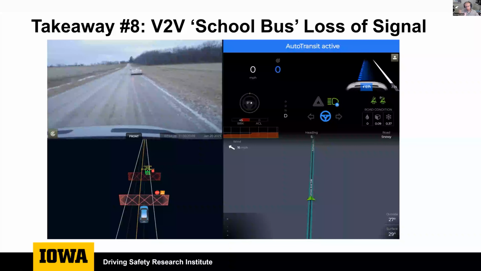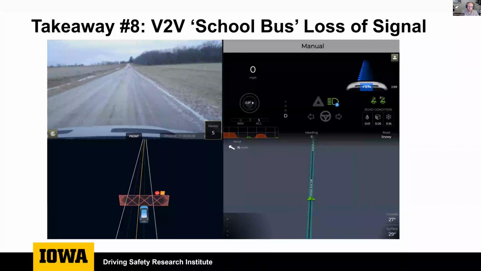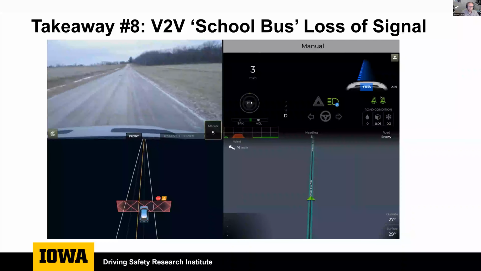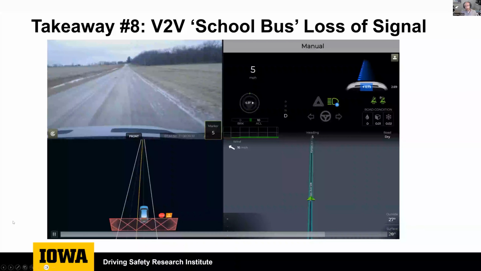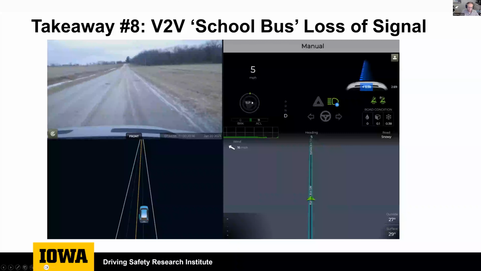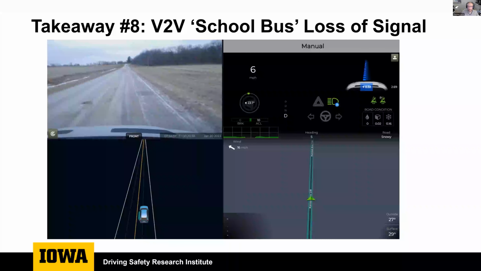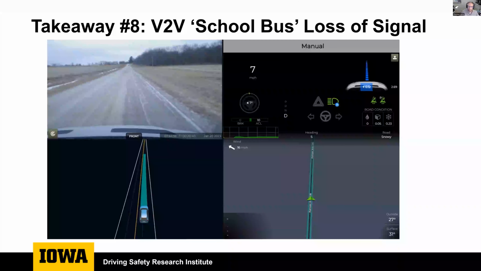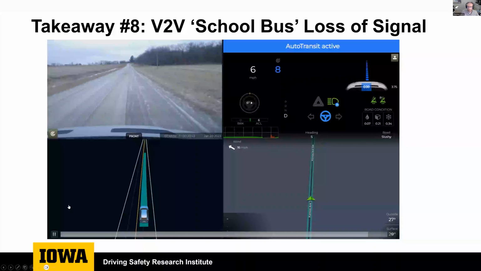So what will happen is the lights go off on the Camry, and it starts driving away. At this point, that stop gate should have gone away for the transit to keep driving. But again, its V2V system still thinks that it's sitting there and still has its lighting active. So you see the safety driver putting it into manual, driving through that stop gate manually. And then once on the other side, they can actually re-engage automation and continue driving. So that happens right about now, I believe.